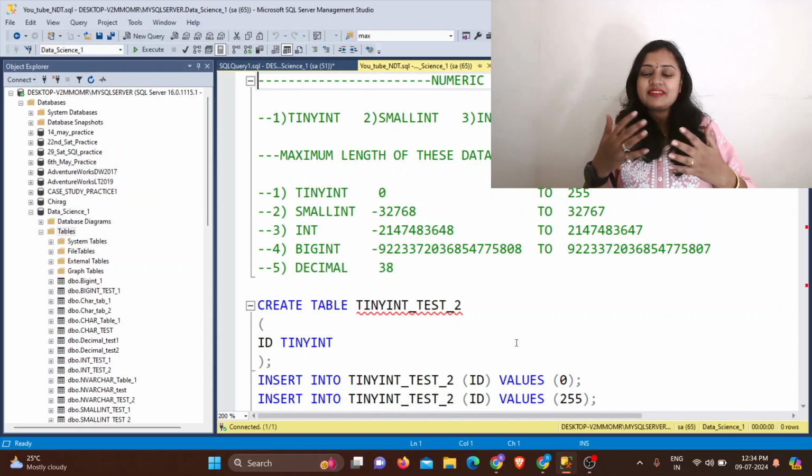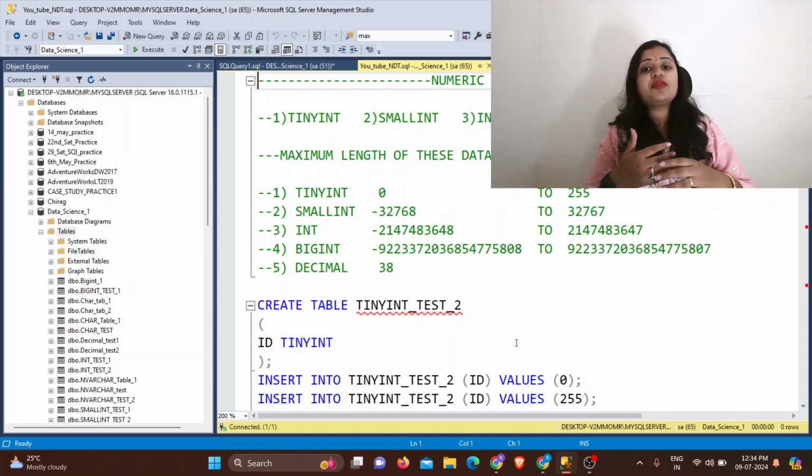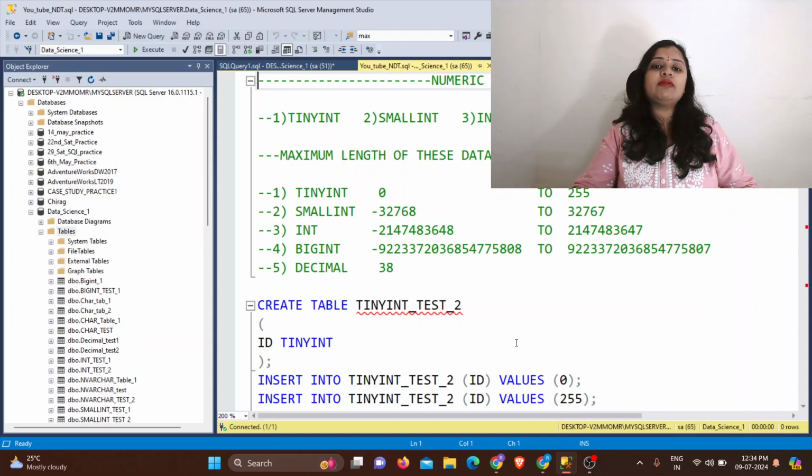So in the previous lecture we have seen the numeric data type. There are different types of data type in SQL. Among them, firstly we have seen the character data type, and then we are seeing the numeric data type. Numeric data type is the data type which is all around numbers. Whenever you are dealing with numbers in your data set, at that time you have to use the numeric data type. In the previous lecture we have seen the types of numeric data type: tiny int, small int. Now in this lecture we are going to see what is big int and what is decimal.